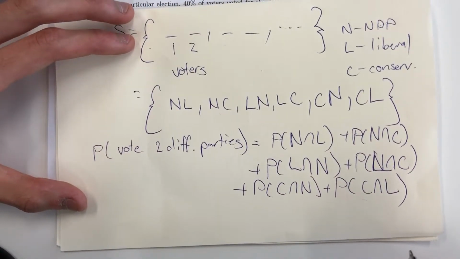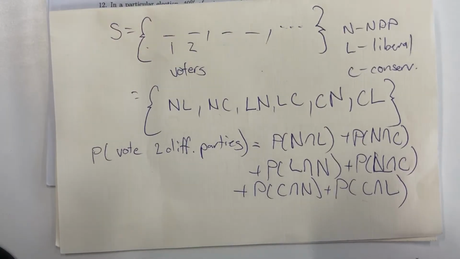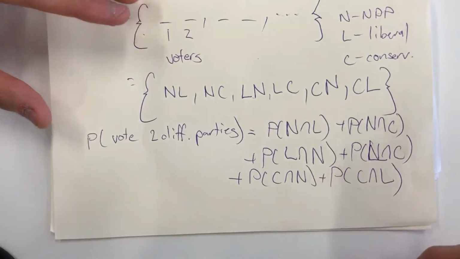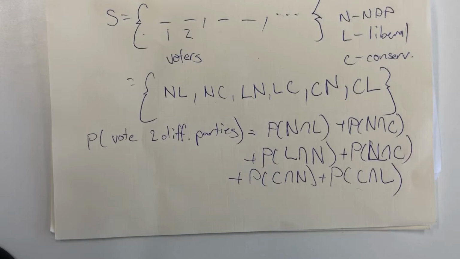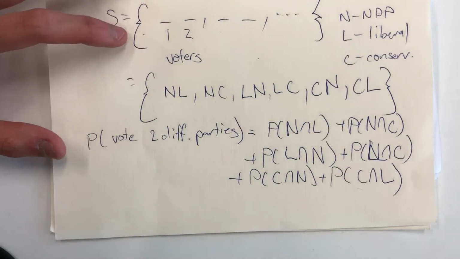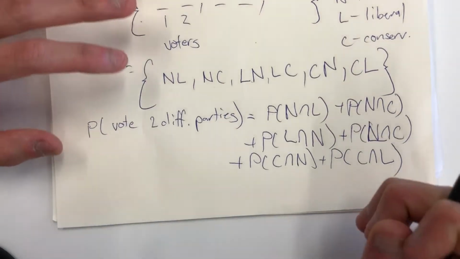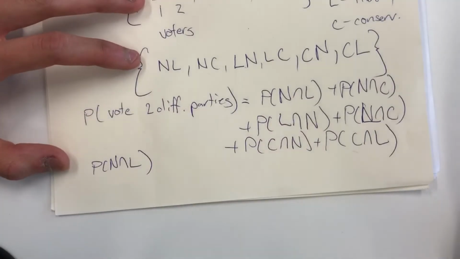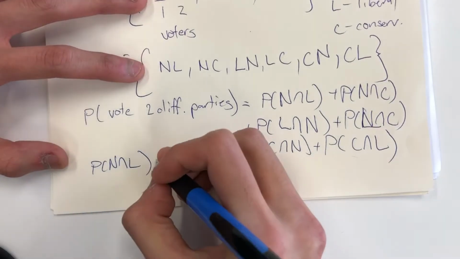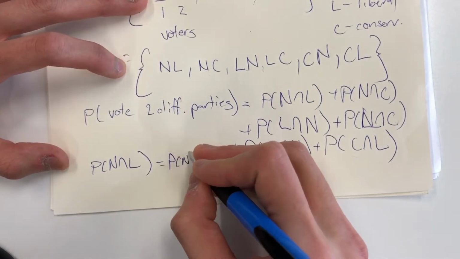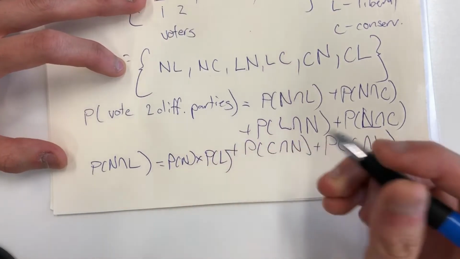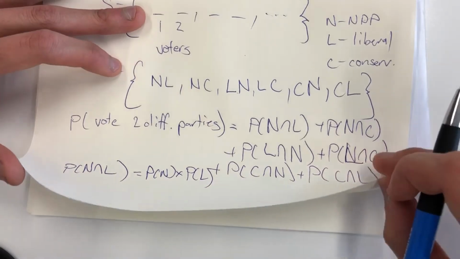Now, to make a note here, since each of these outcomes are independent from one another, the probability of their intersections will just be the product of the individual events or outcomes. So P of N and L, so the probability that they vote NDP and liberal will just be the probability that they vote NDP multiplied by the probability that they vote liberal. So that will be